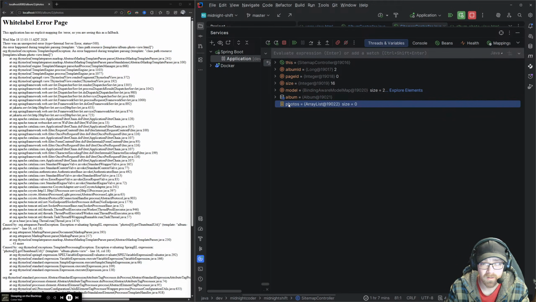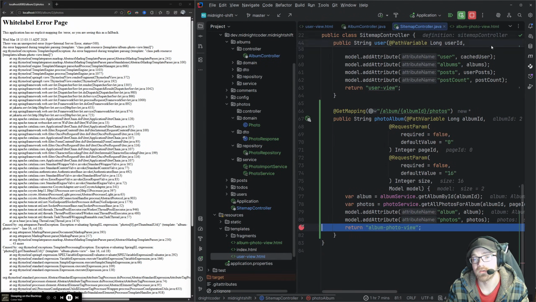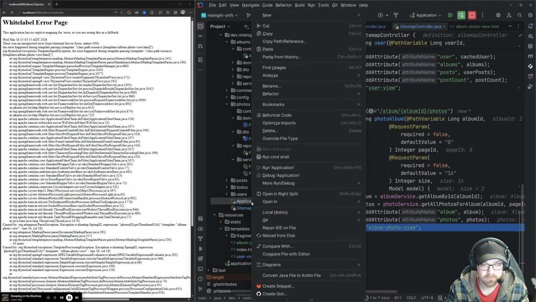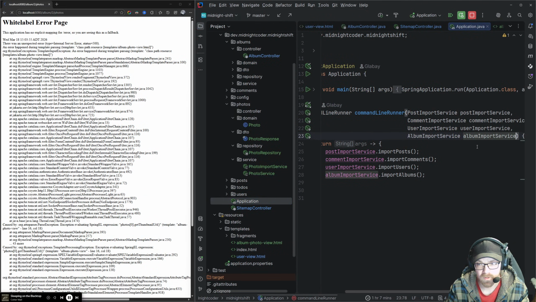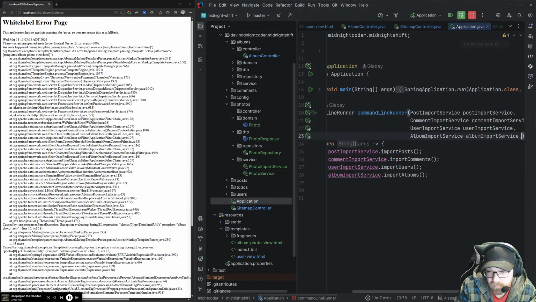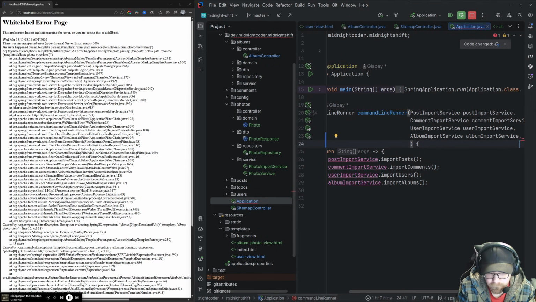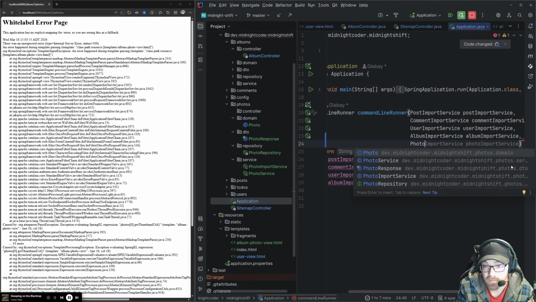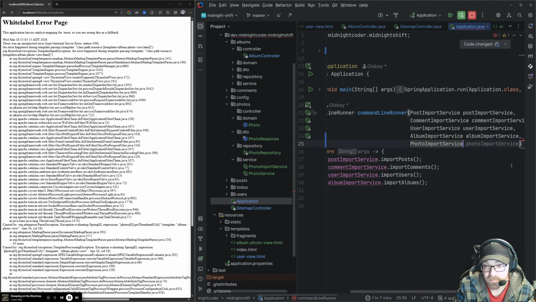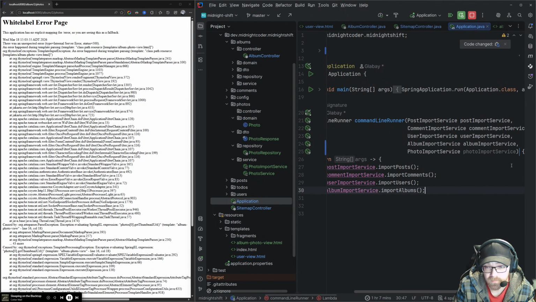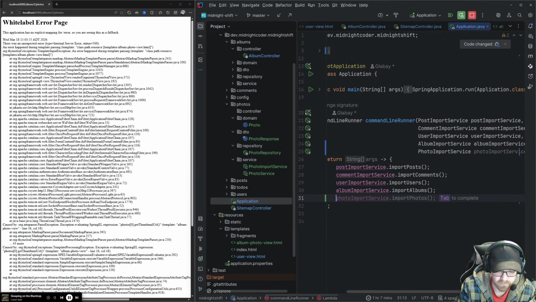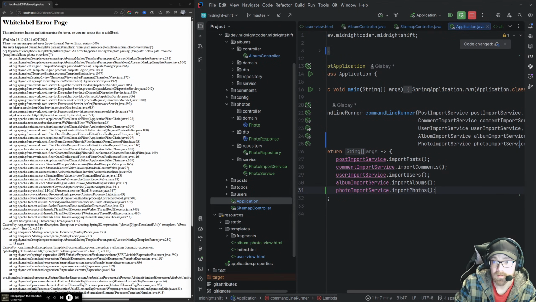We do have an album, but our photos. Ah, shoot. Okay, so we got to come in here and we have to add in a photo import service. Yeah, that. Thank you. Rerun this again.